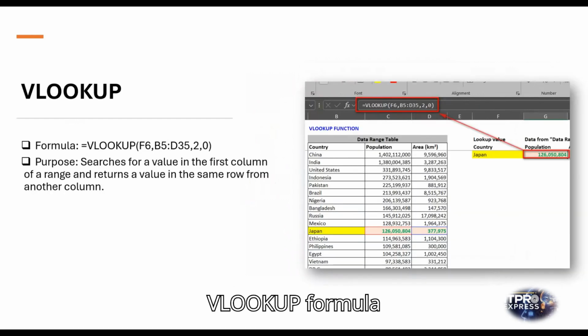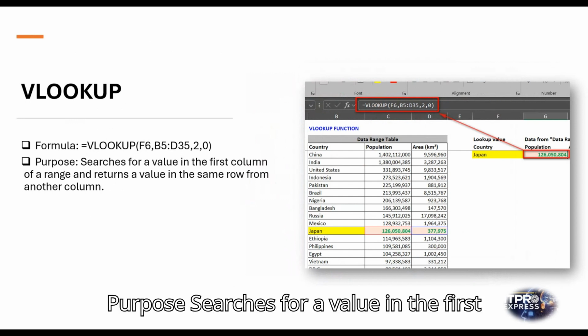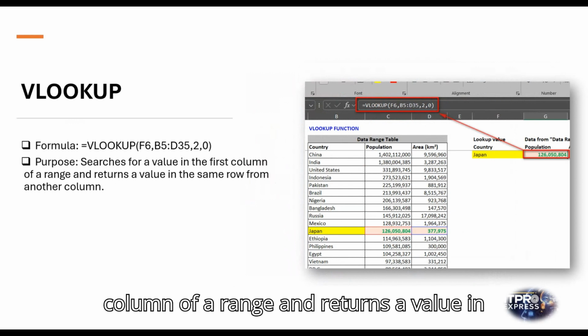VLOOKUP. Formula: =VLOOKUP(lookup_value, table_array, col_index_number, range_lookup). Example: =VLOOKUP(F6, B5:D35, 2, 0). Purpose: searches for a value in the first column of a range and returns a value in the same row